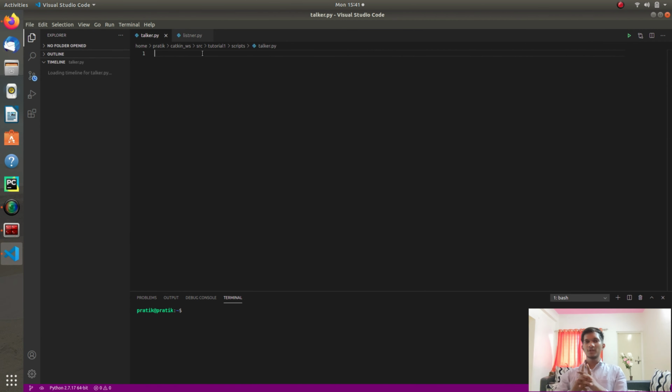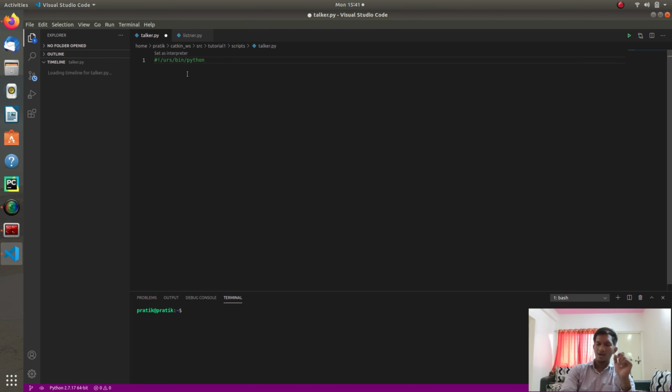So now first of all, the first line of every node should be telling ROS which particular version of Python I am going to use. So for denoting that, you have to just type hash, exclamation mark, slash usr slash bin slash python.